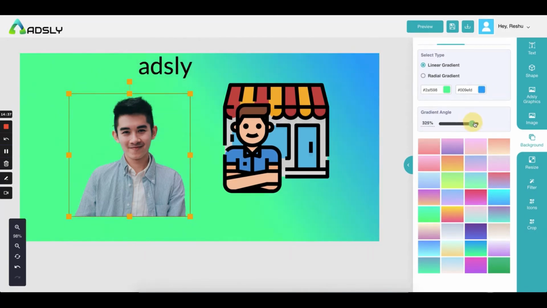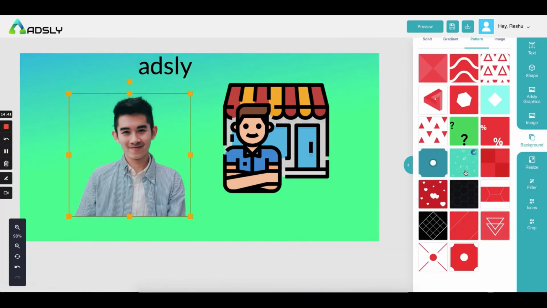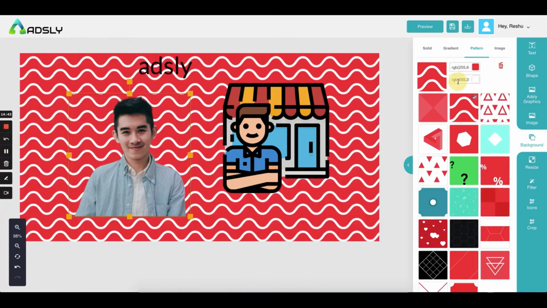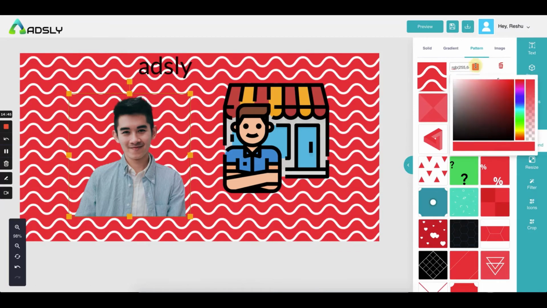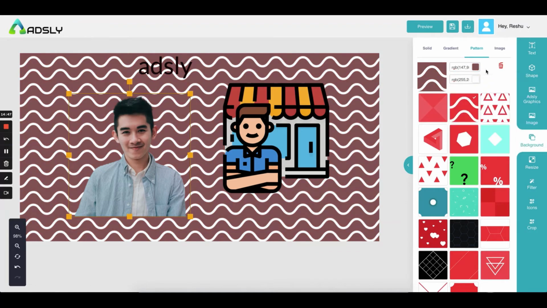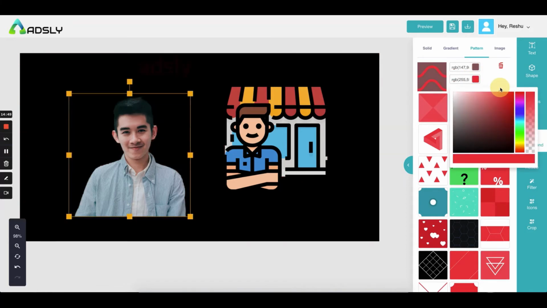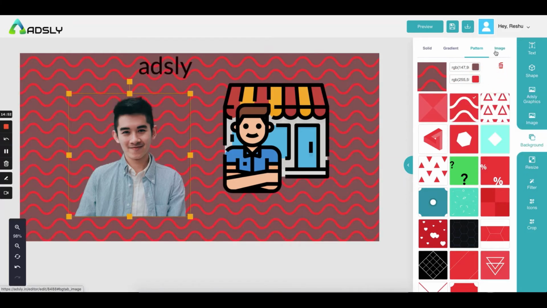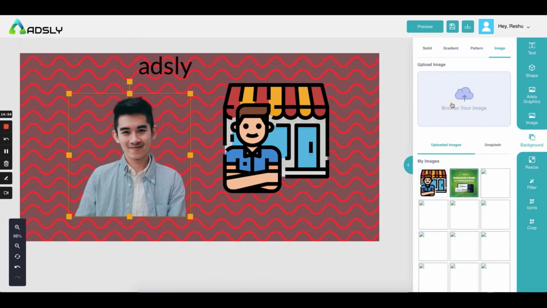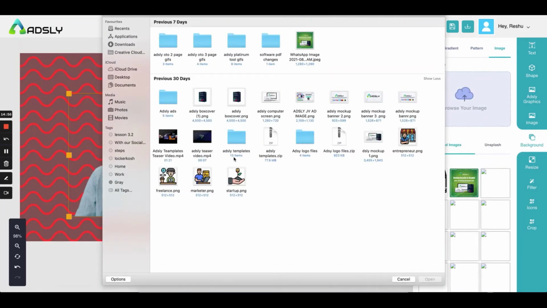And you can change the angle of the gradient colors from here. Then pattern. We have all these beautiful patterns which are fully editable, and you can change the color according to your requirement. And image. Again, if you want to add your own image as a background, then definitely use this option.